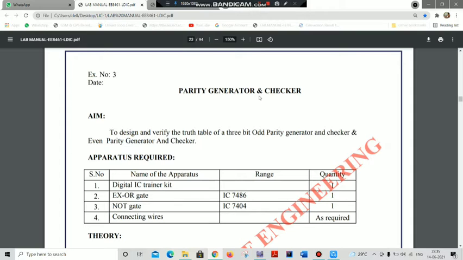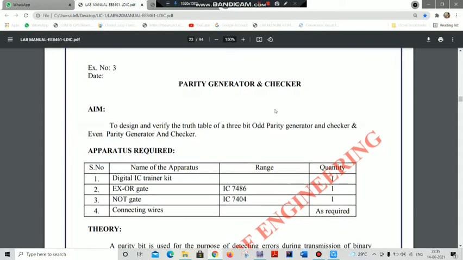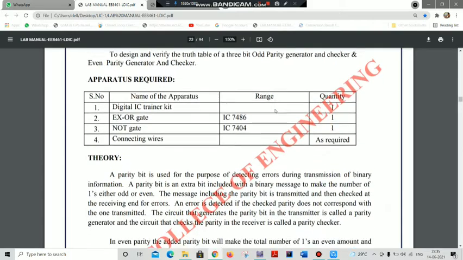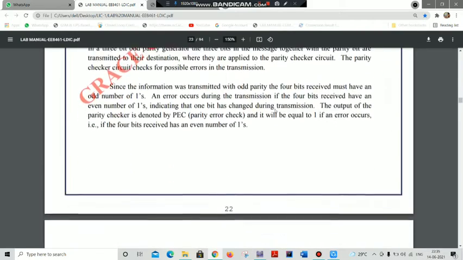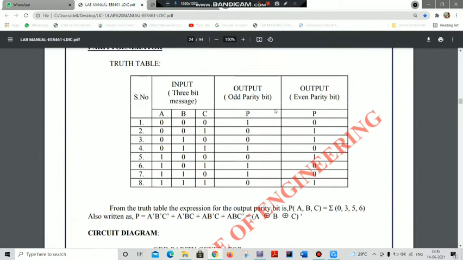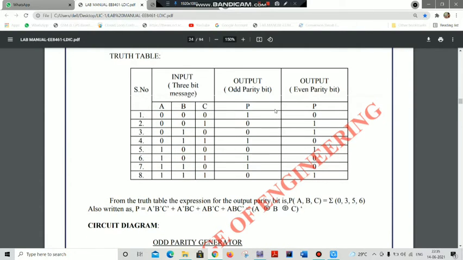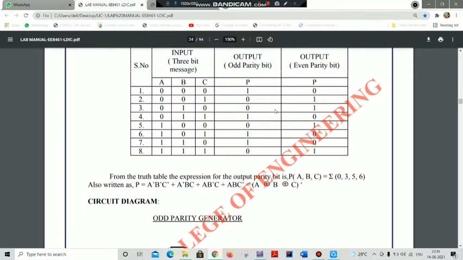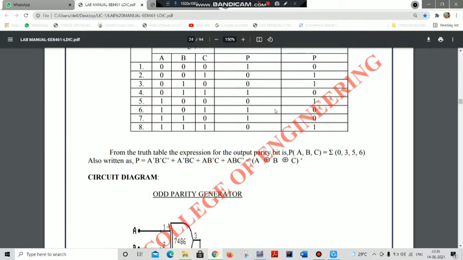Based on this information, let me enter into the circuit diagram for the parity generator. You have the expression for the odd parity generator given here, and you have to construct it as per this expression.